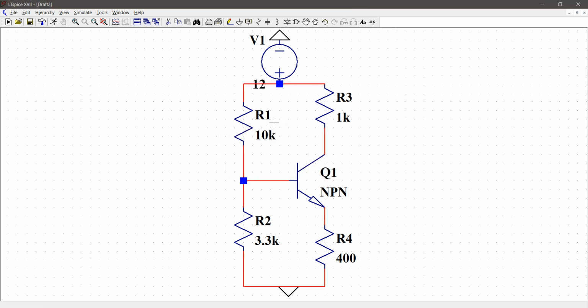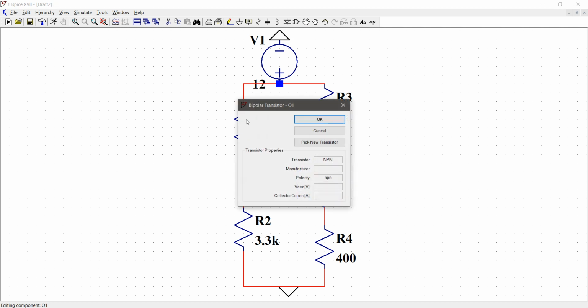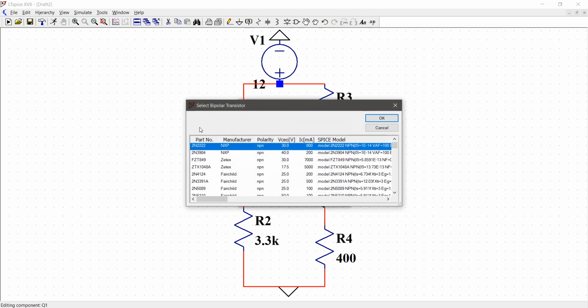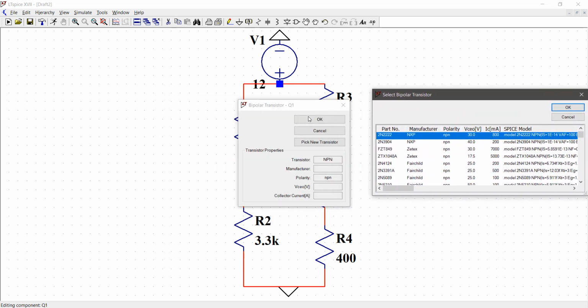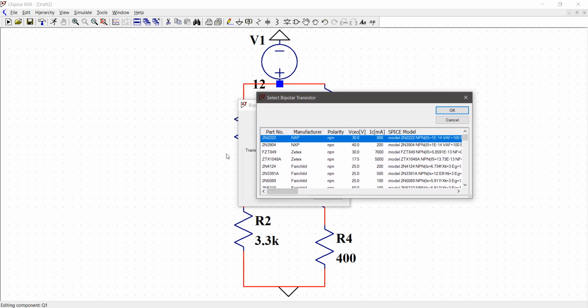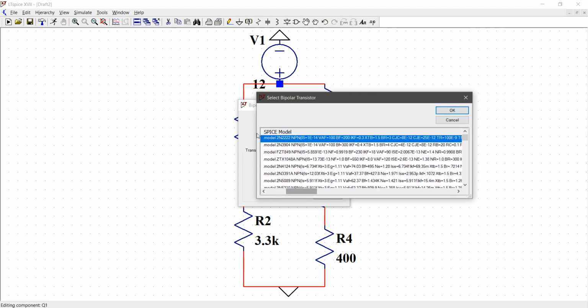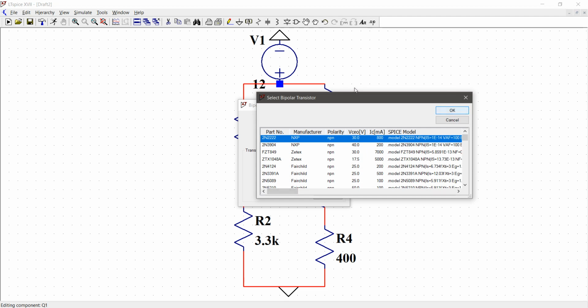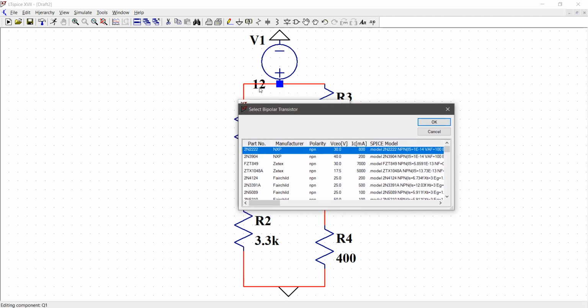Now talking about the transistor, you can right click over the transistor and do pick new transistor. In this chart, you will find that there are various transistors available. Since this is the NPN transistor that we selected, all the part numbers will be NPN, in which you can see that this transistor has been modeled using some parameters such as the saturation current, the early voltage, the beta of the transistor, etc. These parameters will be used to model the transistor, which will help in the simulation.